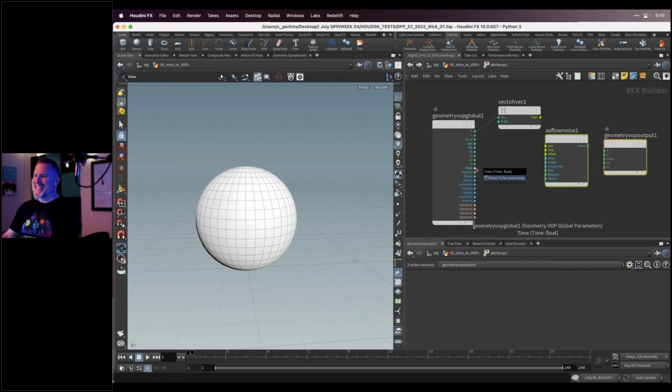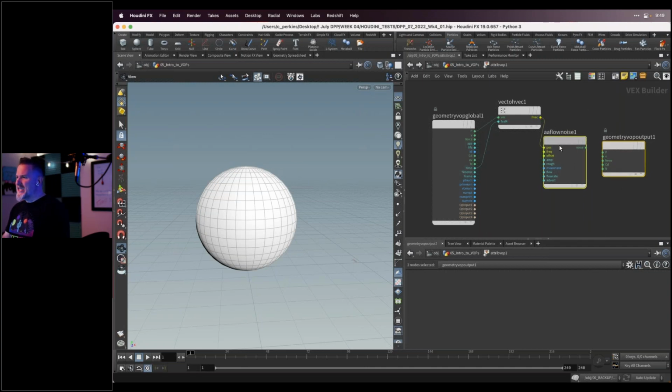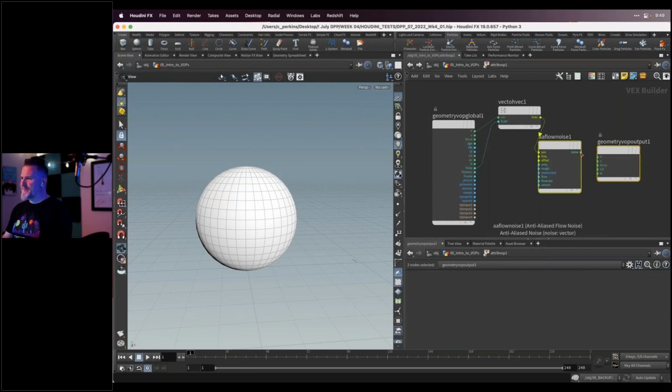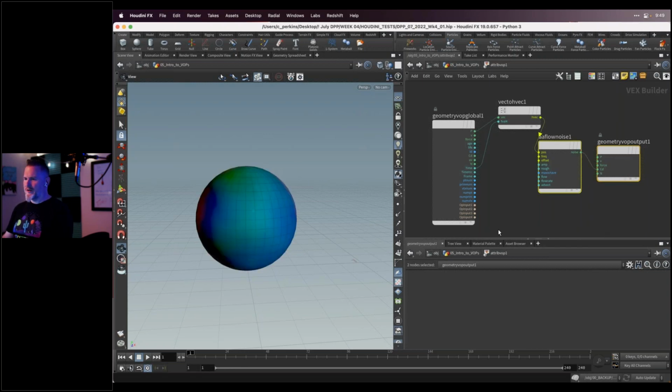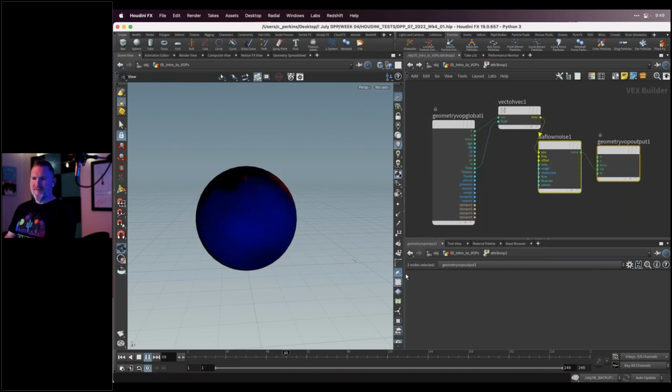Then I'm going to take the time data and put that into the 4th value. Now we have a quaternion that we can put into one of these other matching lime green inputs. So I'll say the position there, and there I have it. Then I can take the noise and output this to the color. If I press the up key, you can see that we have moving noise, which is pretty cool.